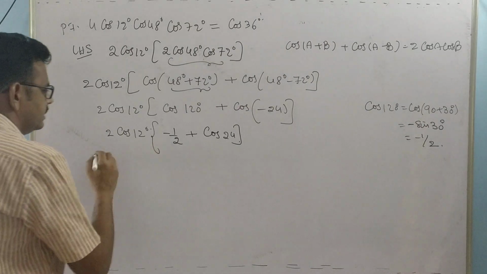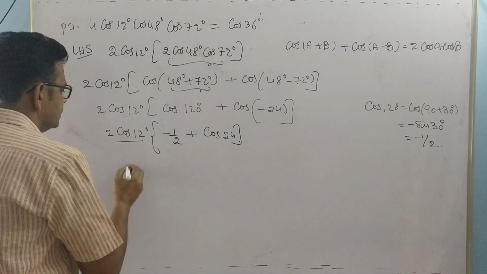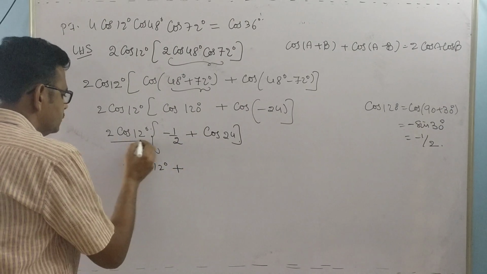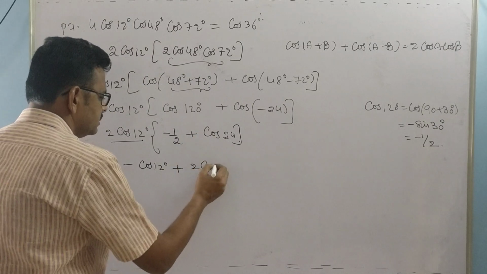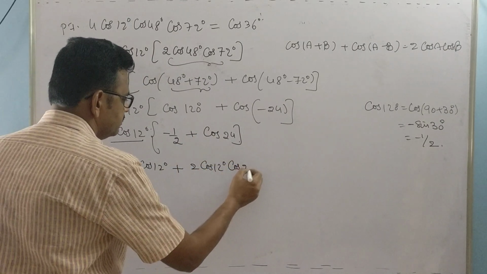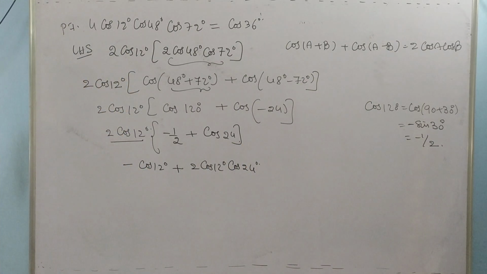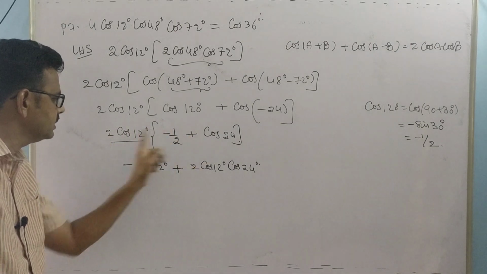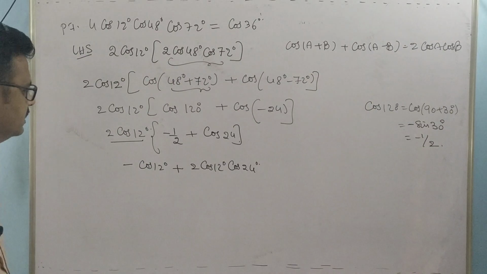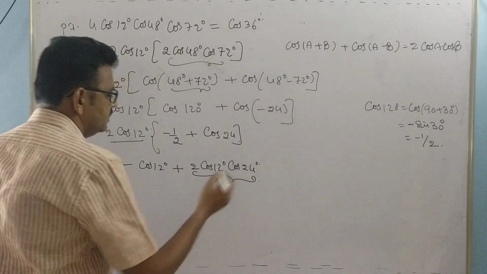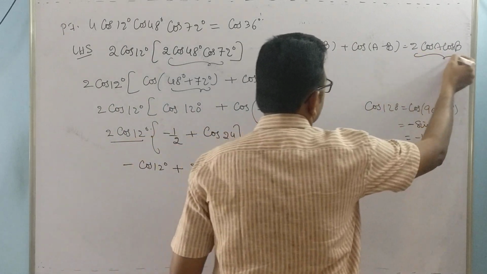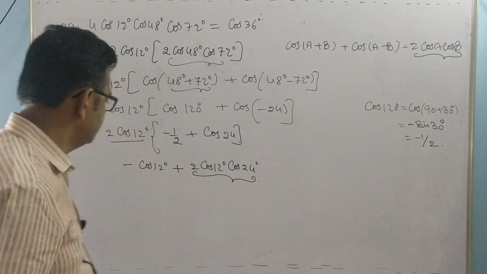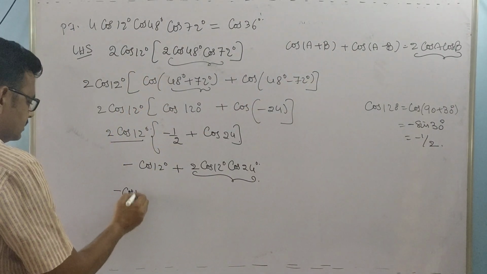So if you are again multiplying this, 2 gets cancelled, minus cos 12 degrees plus 2 cos 12 degrees into cos of 24 degrees. Multiplication, 2 gets cancelled. Again this is the same formula, 2 cos A cos B is equal to cos of A plus B plus cos of A minus B. So that is minus cos 12 degrees